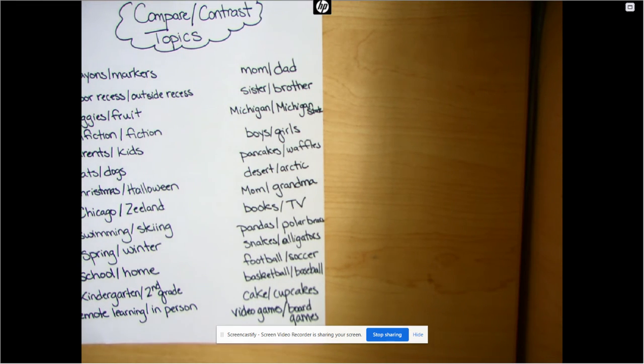Like at our house, dad is better at playing outside in the snow than mom, or mom does more of the cooking at home than dad. I'm usually the one who reads the stories at night. So my girls might put for the mom side that mom reads the stories and dad plays outside in the snow. But in the middle, they would probably put that they both love, that we love our girls and that